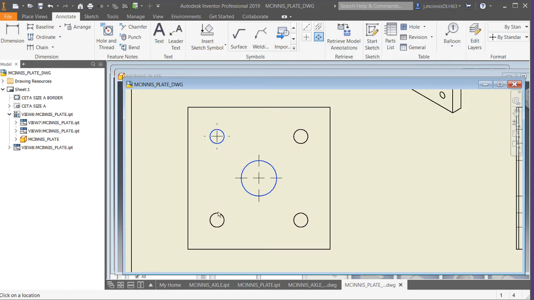Actually, I think I select the center first. Okay, so sometimes you have to read the instructions just a little bit more carefully. So there we go. We have the circular center mark,